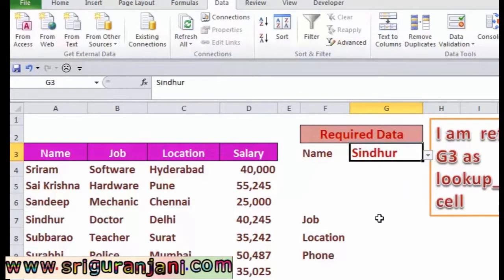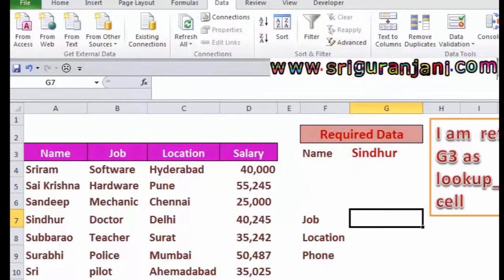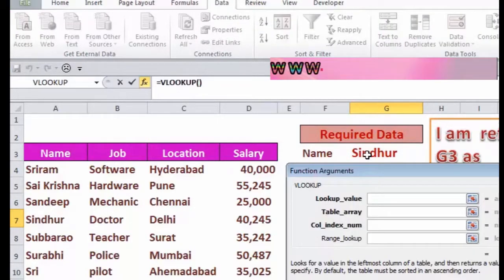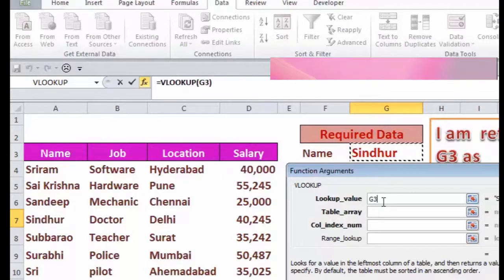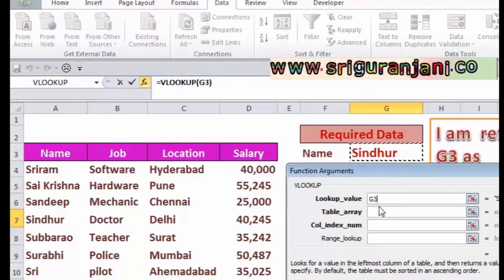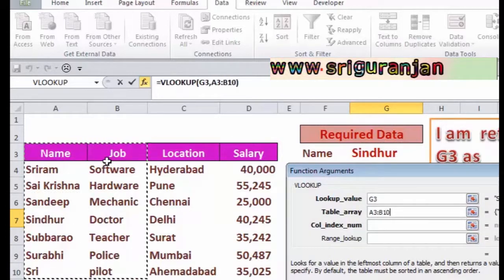Now I am starting the lookup function here. Against the lookup value field, instead of selecting a first column cell, I am referring to the G3 cell as the lookup value. For the table array field, I am selecting the entire table.